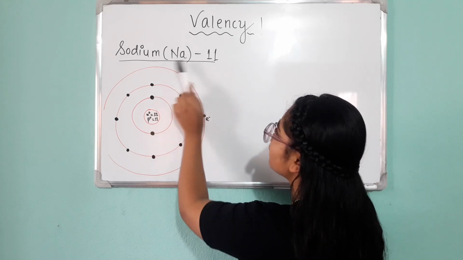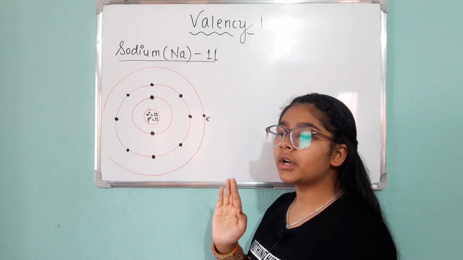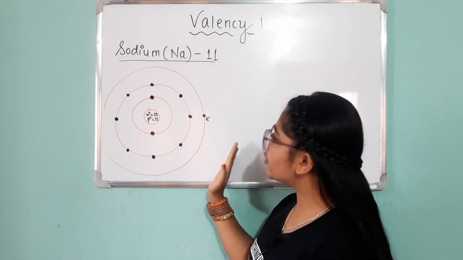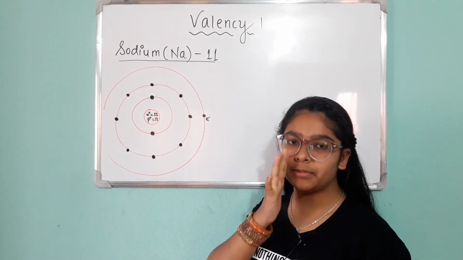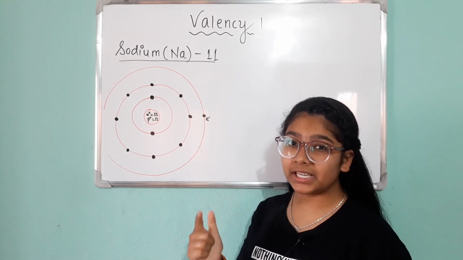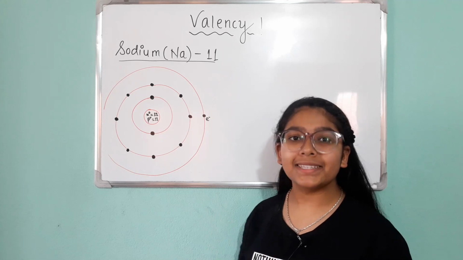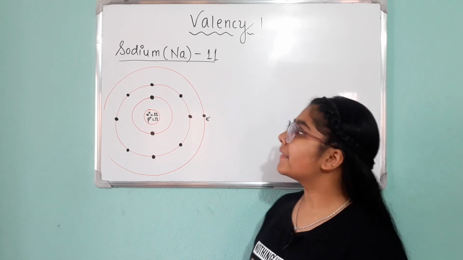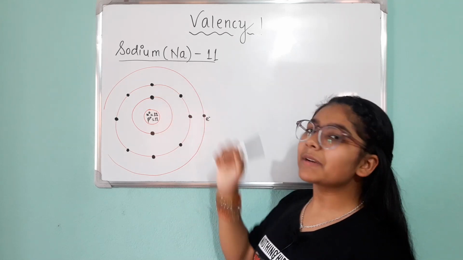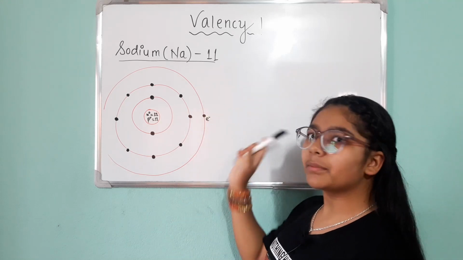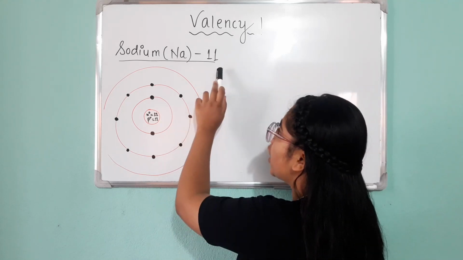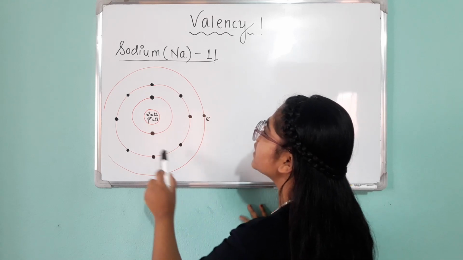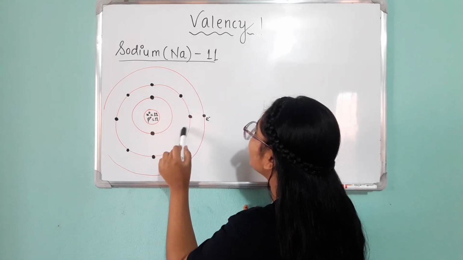So you can see sodium atomic number is 11. To do this process, you need to know the first 20 elements serially, like hydrogen, helium, lithium, beryllium, boron. If you know, the atomic number is simple. So sodium comes in the 11th number, so atomic number is 11. And then how many electrons and protons will there be? Electrons and protons will be 11 only.